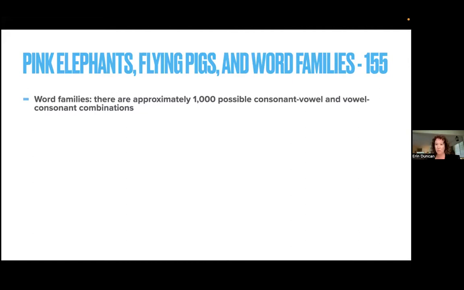If you add up all the consonant vowel and vowel consonant combinations, there's about 1,000 of them. And that's just way too much to be dealing with. And again, we're looking at grossly redundant information because the students already know what the sounds are for the symbols that we're working with, and they already need to blend to get a word together anyway. So there's no reason to be working with these in isolation and giving kids the idea that they need to remember these.